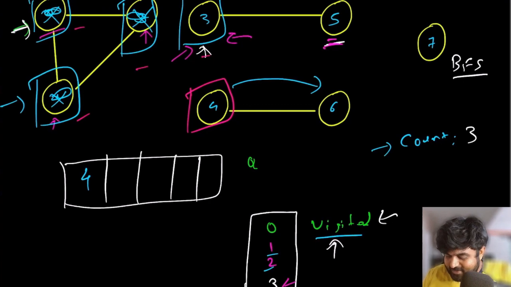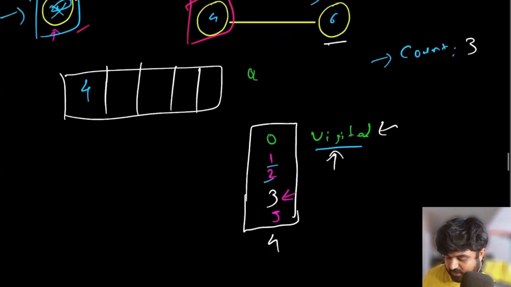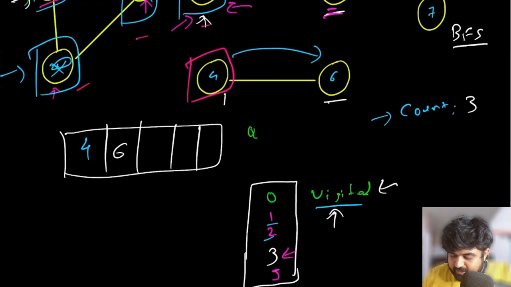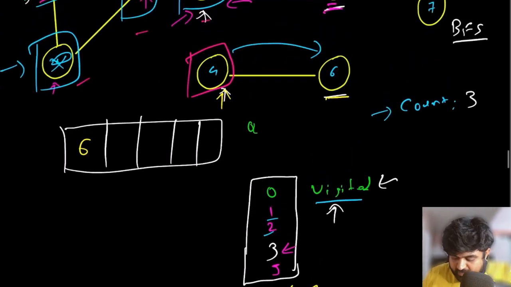But anyways, now going back, value number 6 has not been visited, so we are going to add value number 6 over here. At the same time, add value number 6 over here. Now we iterated over all the neighbors of 4, so we are going to dequeue 4. After dequeuing, currently there is only element number 6 remaining. 6 currently has one neighbor, that is value number 4, but since 4 has already been visited, we do not need to add it to our queue, and then eventually we would pop out 6 as well.